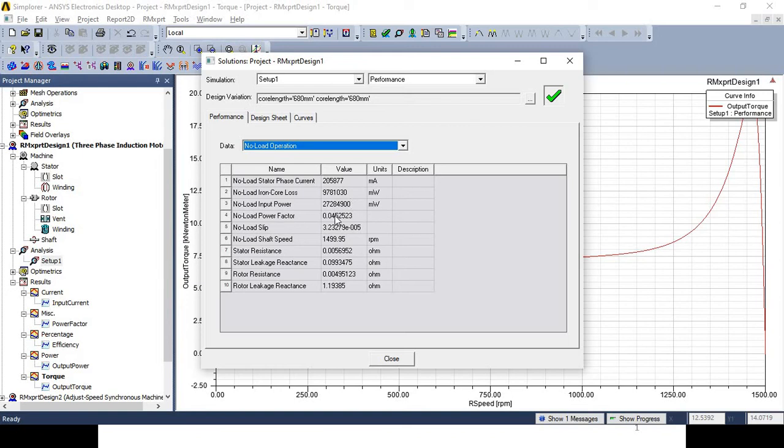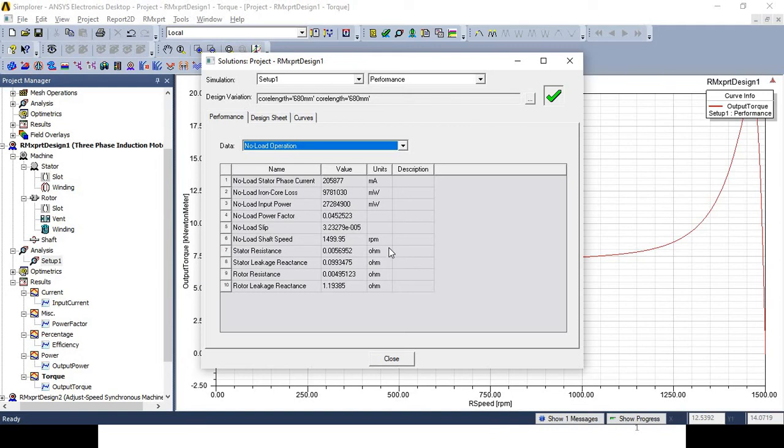No load input power is 2 crore 72 lakh 84,900 milliwatt. No load power factor is 0.0452523. No load slip is 3.2327 into 10 raised to minus 5. No load shaft speed is 1499.95 rpm.